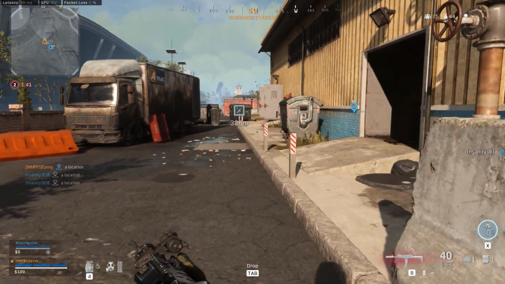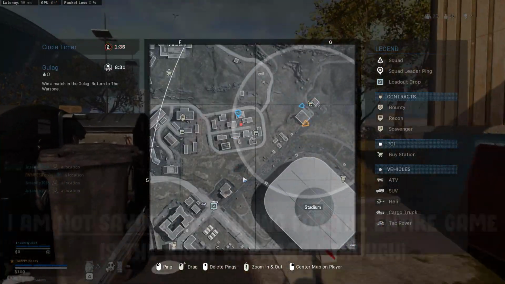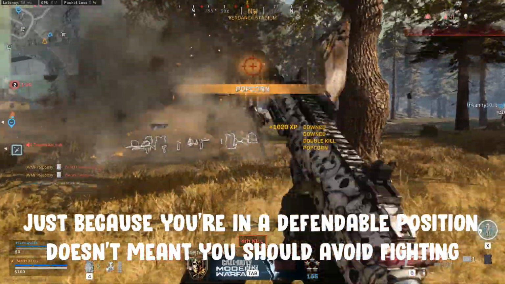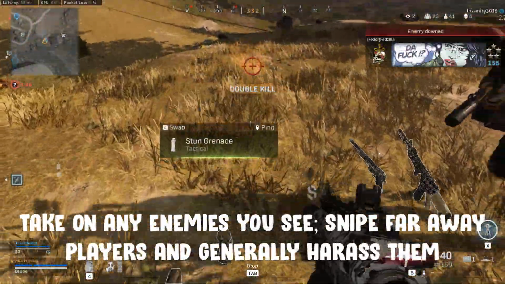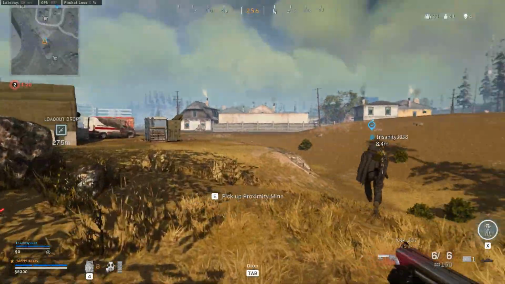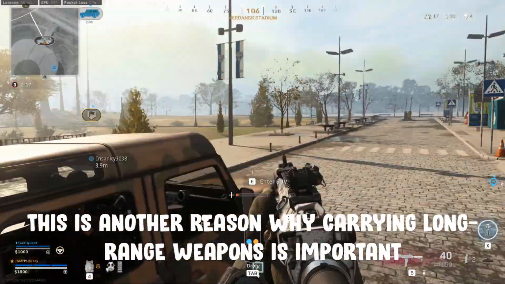I am not saying though that hiding out in your well defended spot is the right idea. There's nothing more boring than camping out for 20 minutes just to pop up and get 2 kills in the final ring. Just because you're holding an area doesn't mean you have to have a passive game. Whenever you see enemies, take them on, go for long range snipes and harass players who are nearby. This only gets easier the later on in the game you are, due to the reduced area players can move around in. This is another reason for carrying long range weapons, as you'll be able to enjoy targeting players who